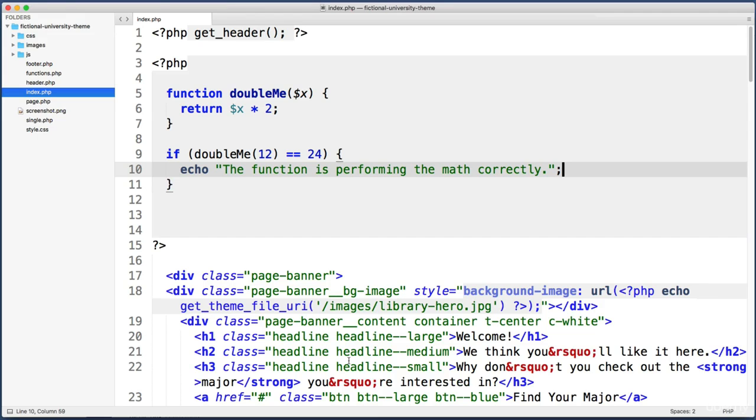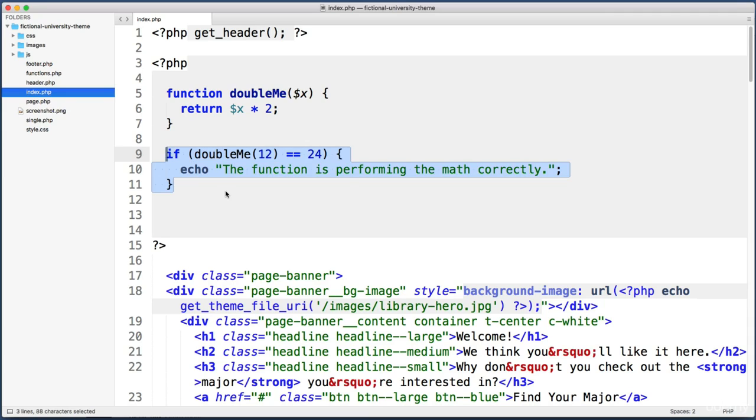Cool. So you get the idea. This is not a real-world example. You'd probably never do this. But the idea is that you can use the value that a function returns anywhere. Now, before we bring everything full circle and tie this back into the topic of WordPress specifically, let's have a